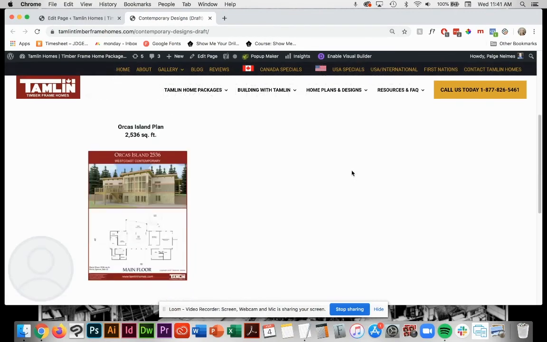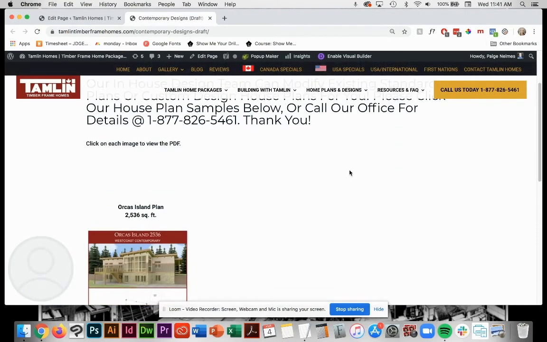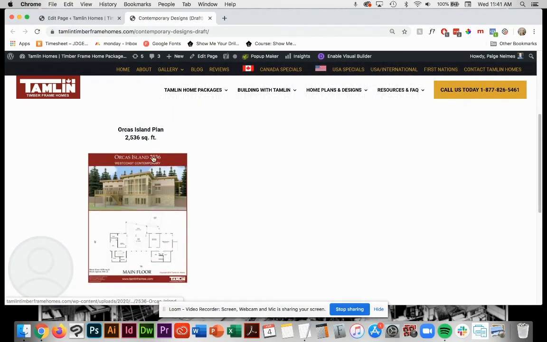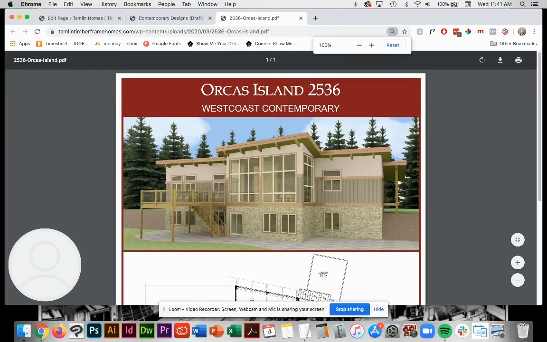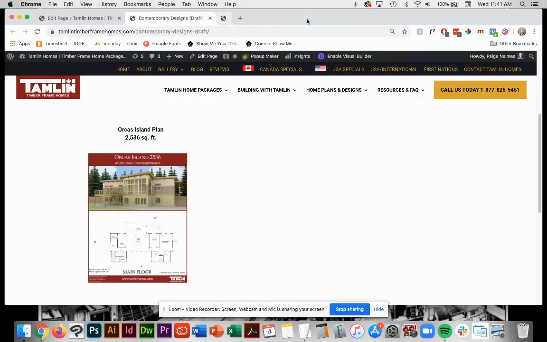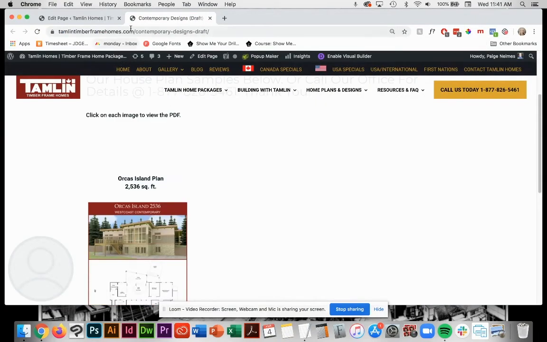So now you can see this is coming together. It looks pretty much the same as before. We've got the description nicely centered up there. And then click this, opens the full PDF. So now